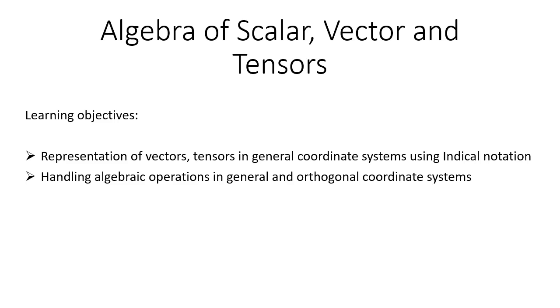So how to handle these algebraic operations involving of course vectors and tensors. For scalars you don't have any dot or cross products and things like that. You only have the addition and subtraction operators, so that is very straightforward. For the sake of completeness, it has been mentioned here. And since most of the time we deal with orthogonal coordinate systems, Cartesian, cylindrical, these are all orthogonal coordinate systems, meaning that at each point described by these coordinate systems, the unit vectors are mutually perpendicular. So, how to handle algebraic operations in such coordinate systems?